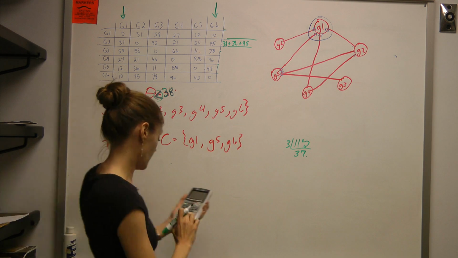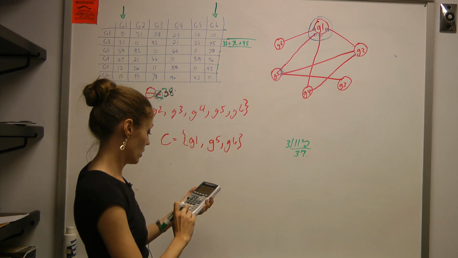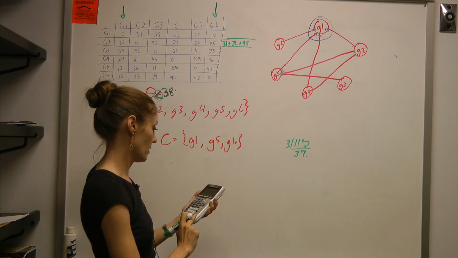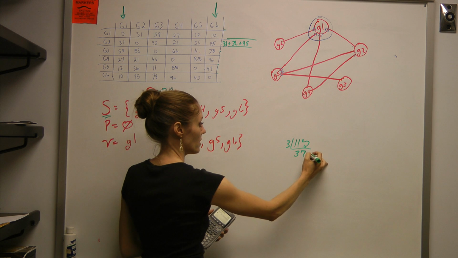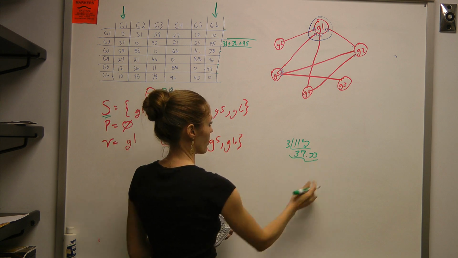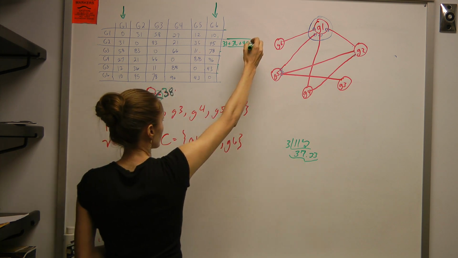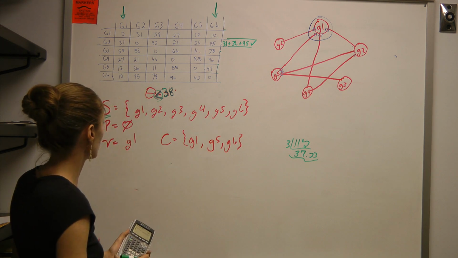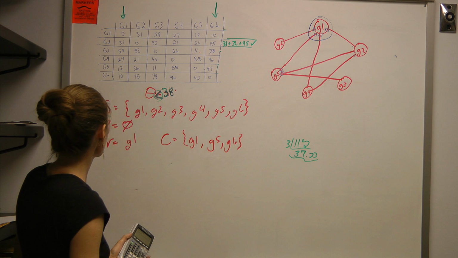So let me just double check that. 31 plus 36 plus 45. 37.33. So yeah, that's just below the threshold. So G2 could get added to that. And then